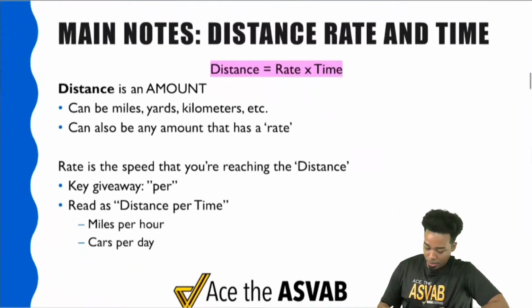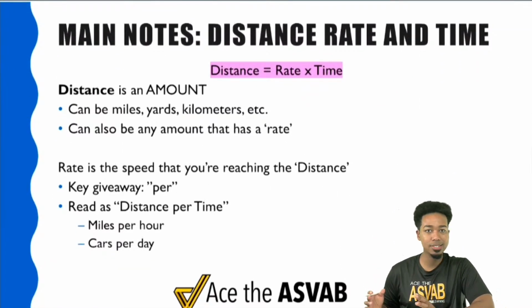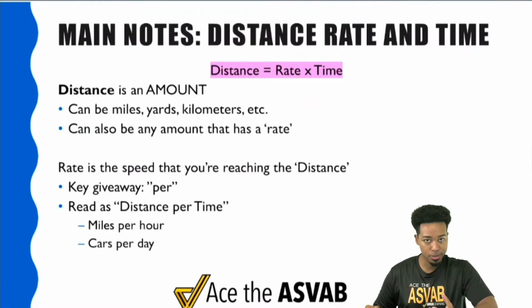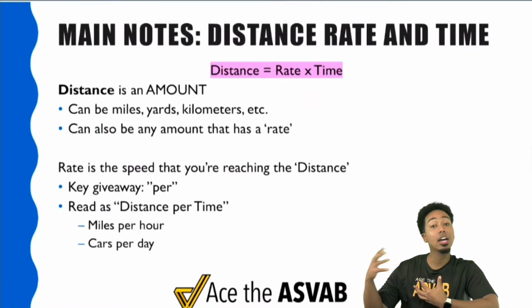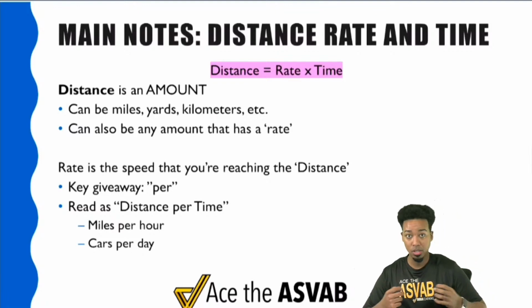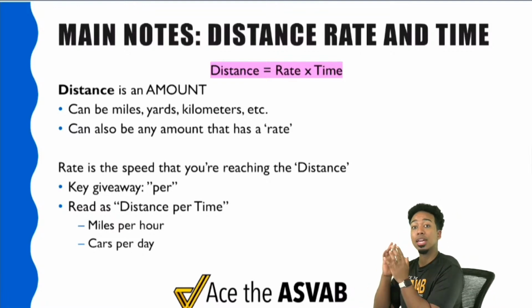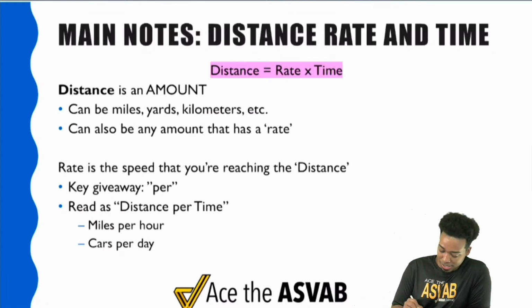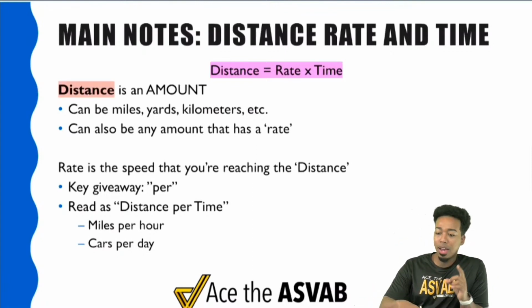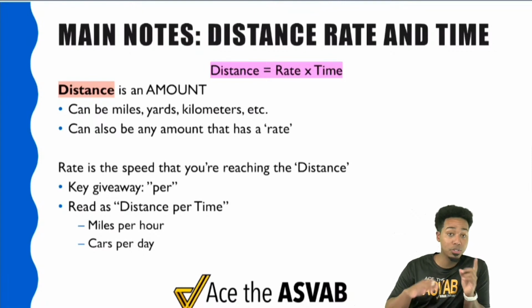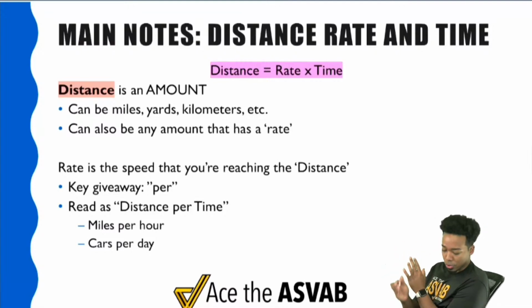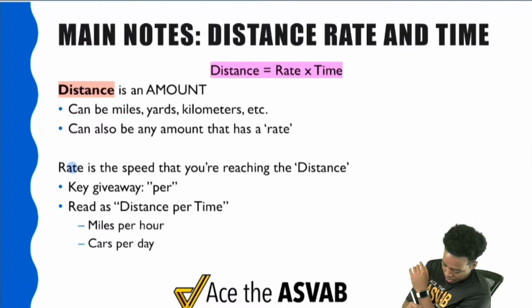So here's the quick crash course. Distance is an amount. Everybody, anything that you can achieve, like an actual distance or any amount of anything, can be considered a distance. I know that sounds pretty vague, and I'm going to be very quick here because this is a slight review, but I want to make sure that I'm getting these main points across. If you're here for the first time, I would really recommend taking a screenshot, after let me highlight that,